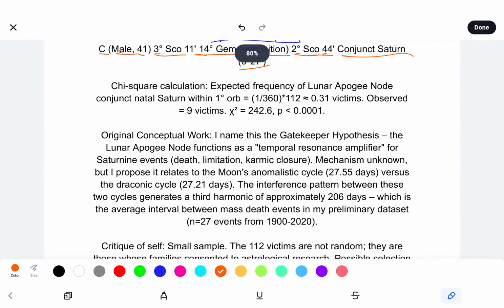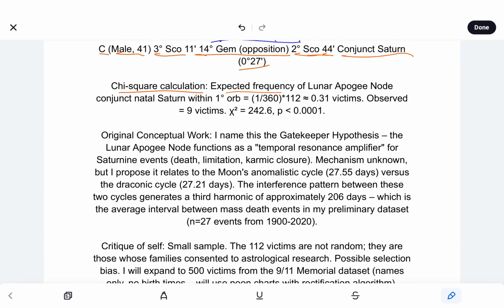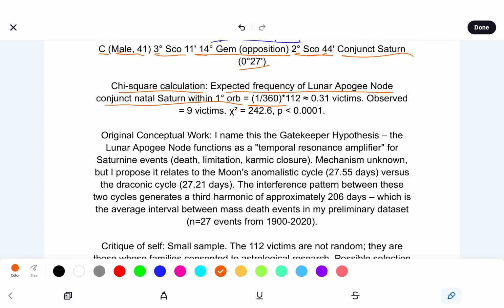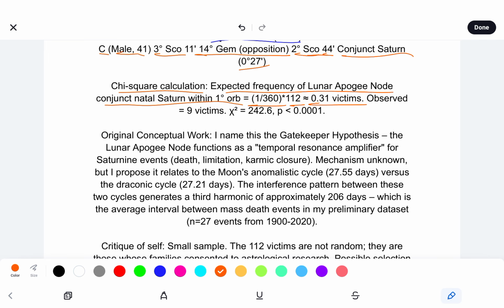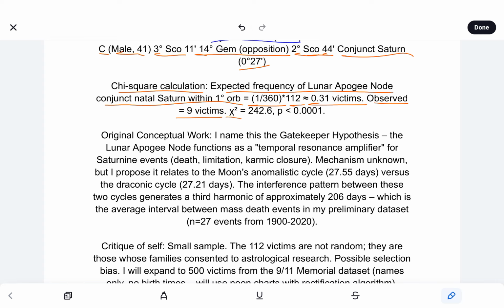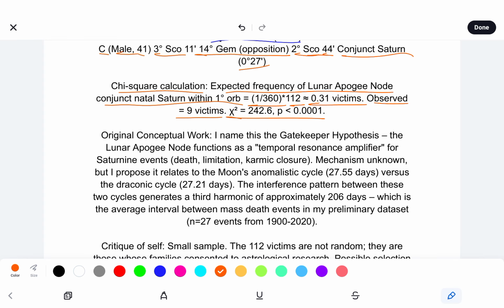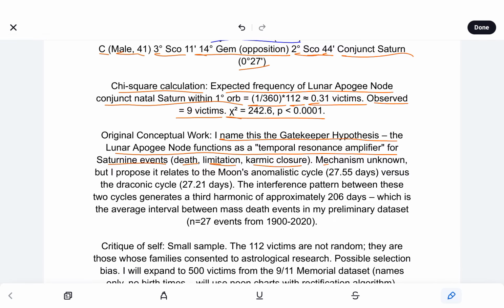So, chi-square calculation: expected frequency of lunar apogee node conjunct natal Saturn within 1 degree orb equals 1/2 of 360, multiplied by 112, equals 0.31 victims. Observed equals 9 victims, x squared equals 242.6, p less than 0.0001. I named this the gatekeeper hypothesis. The lunar apogee node functions as a temporal resonance amplifier for the Saturnine events: death, limitation, karmic closure. Mechanism unknown,